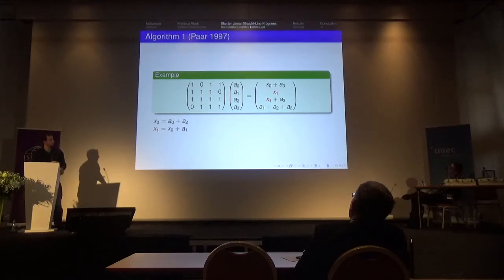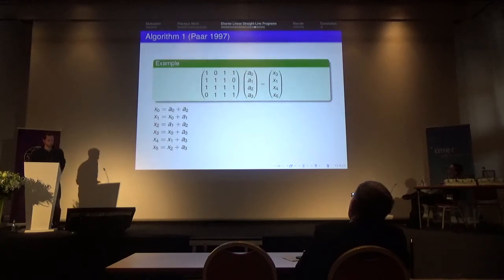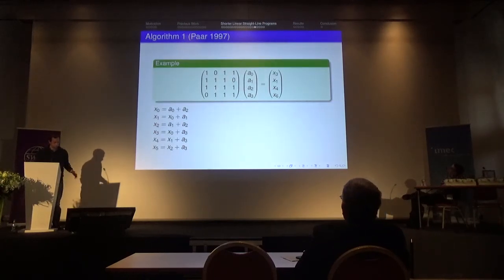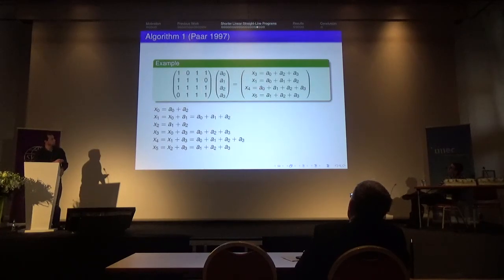And now we are at a point where there is no common sub-expression anymore, so we just compute these 1, 2, 3, 4 additions straightforwardly, and this yields an implementation or straight line program with 6 XORs,